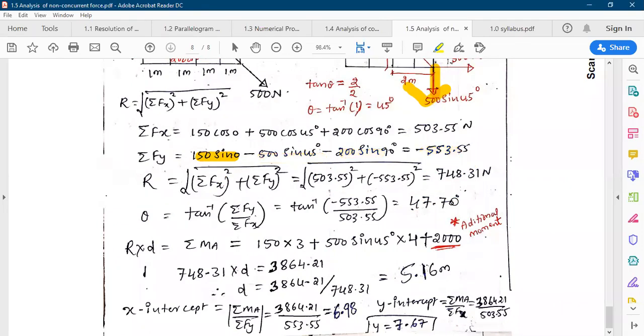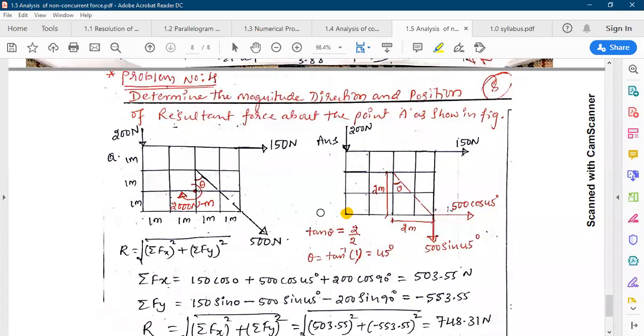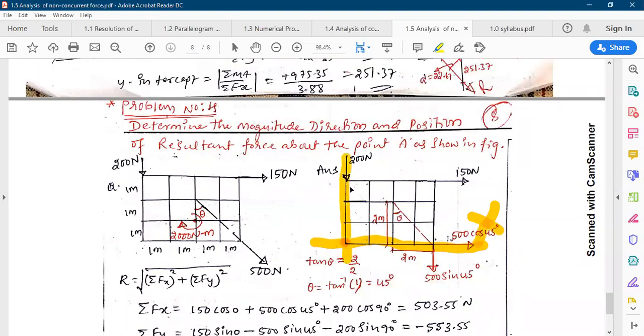Next, look at the moment of force due to all forces which will create a moment of force, right? So this is the moment center A. Along this line, the 500 cos 45 is passing through the moment center, so let us neglect this force, and this one is also passing through the moment center. So these two forces will not create any moment of force. The perpendicular distance for these two forces is 0. The forces which pass through the moment center will not create any moment of force.